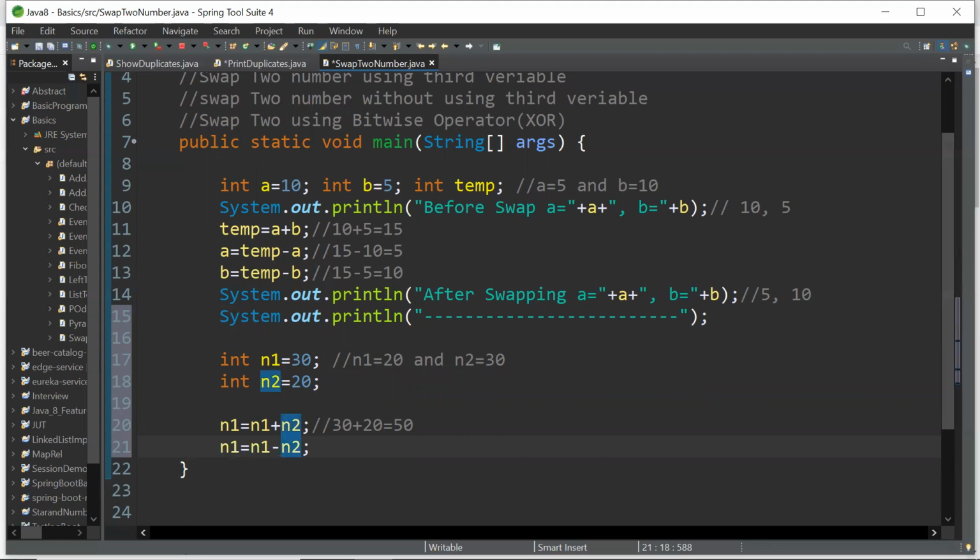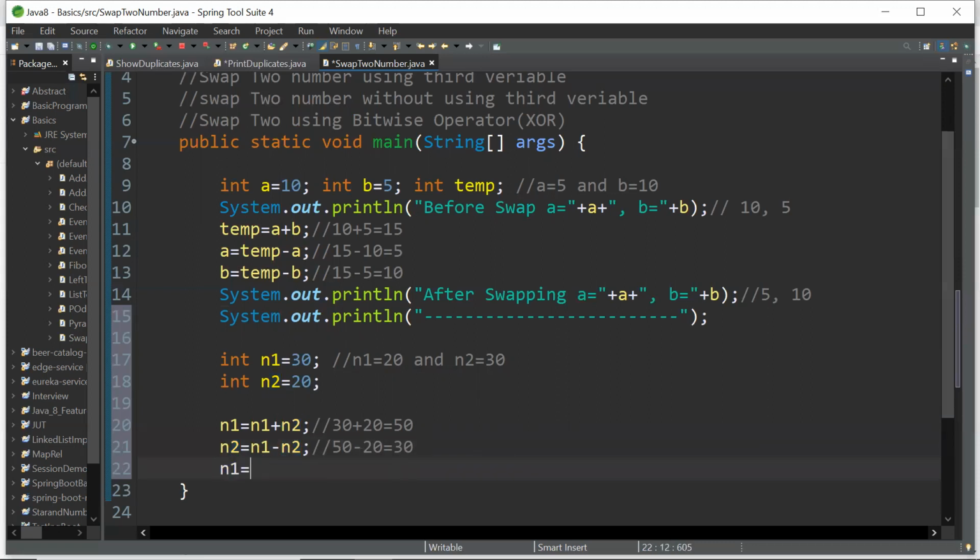Here n1 is 50, 50 minus 20. It should be n2, the output here is 30.